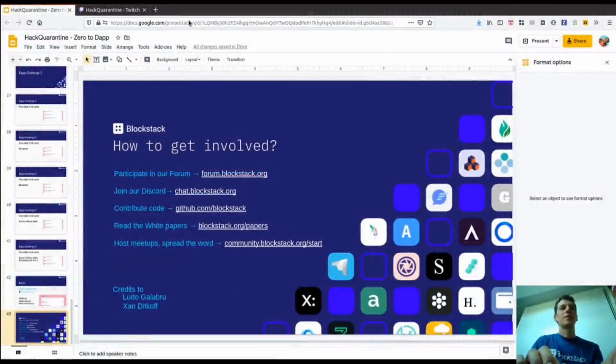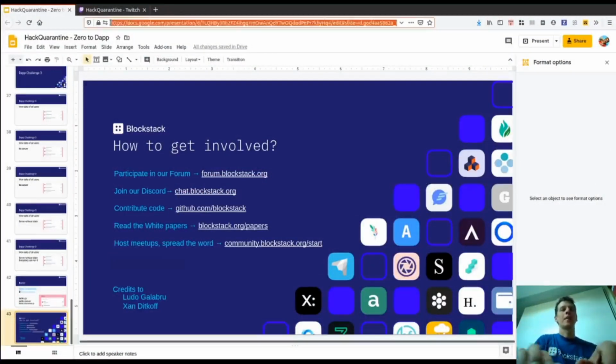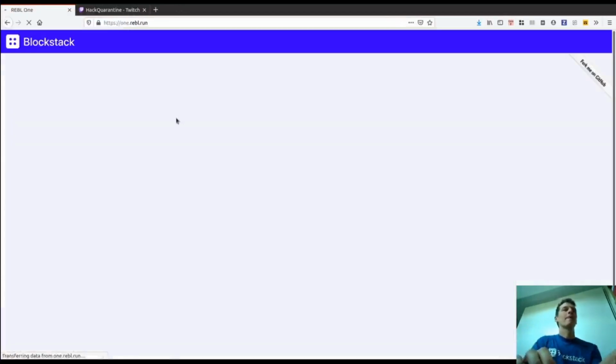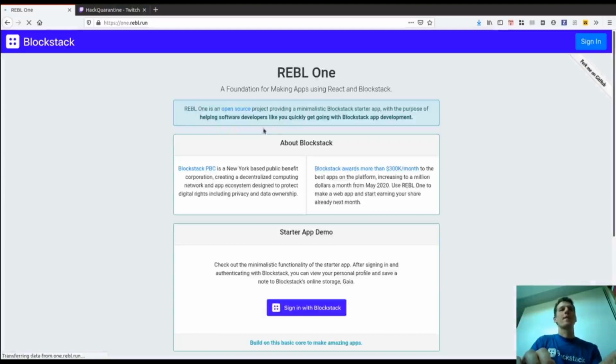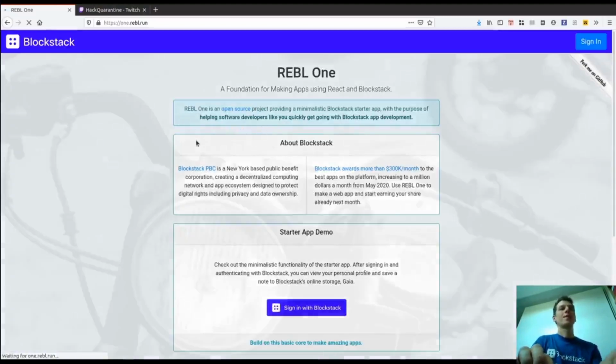The browser is here. The other browser. Sorry. So here is the browser. We go to one rebel run. That is the application, and you can do the same at the moment and follow the steps. So what you will see is a bit of explanation how it works, and then you can